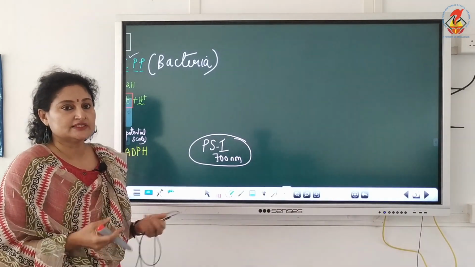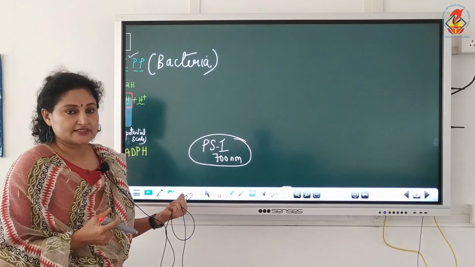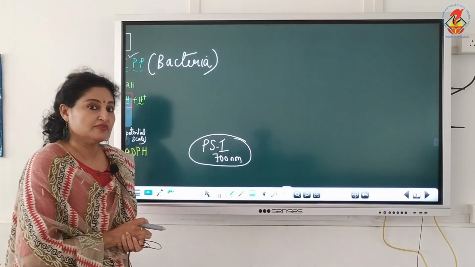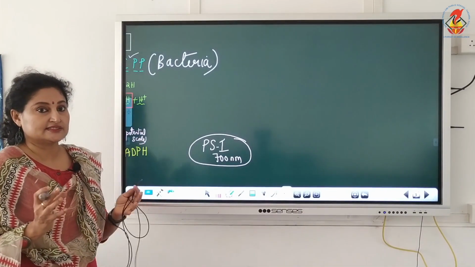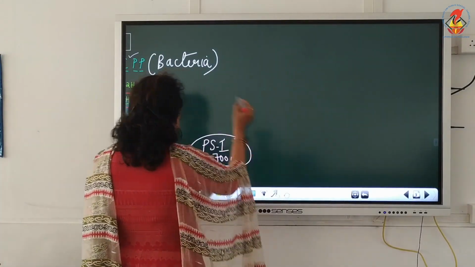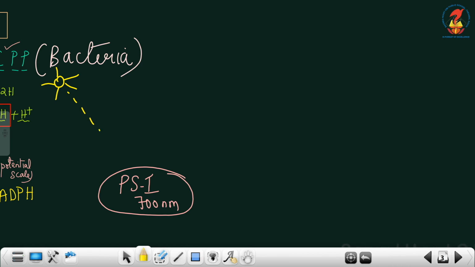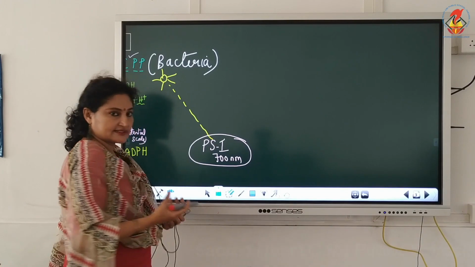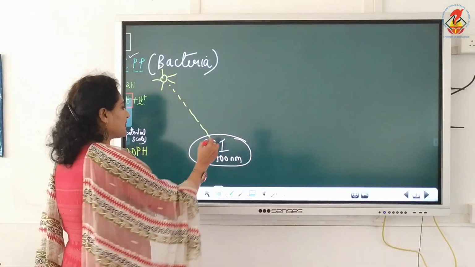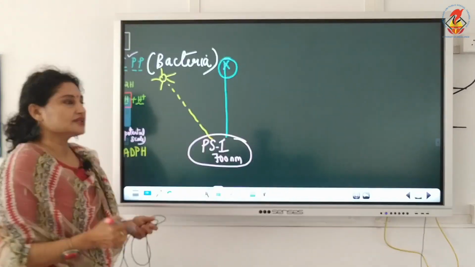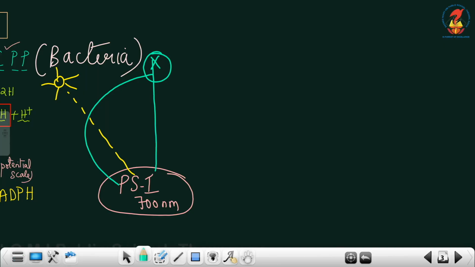When it gets illuminated, it has a photosystem 1 which gets illuminated, which helps in the synthesis of ATP. That's why bacteria can live in very high light intensity conditions. So here the photosystem 1 is illuminated by the sun's light. And when the photosystem 1 gets illuminated, as I said, an electron gets excited, emitted, and it is accepted by an electron acceptor X. And then from this electron acceptor it goes back to photosystem 1 via the electron transport